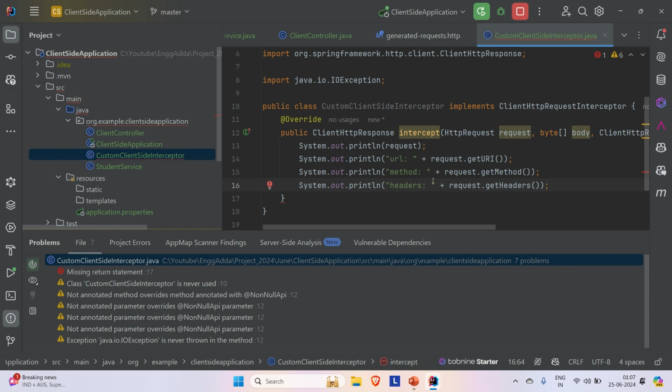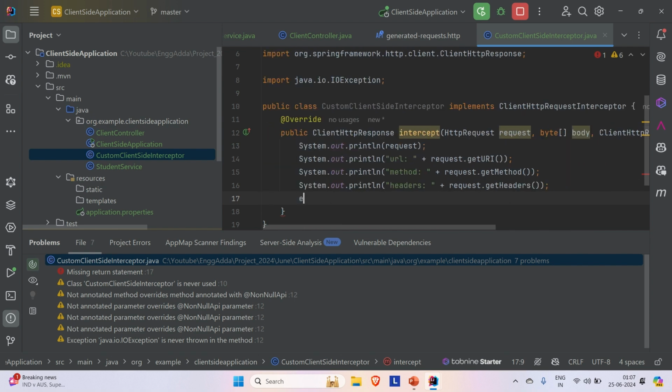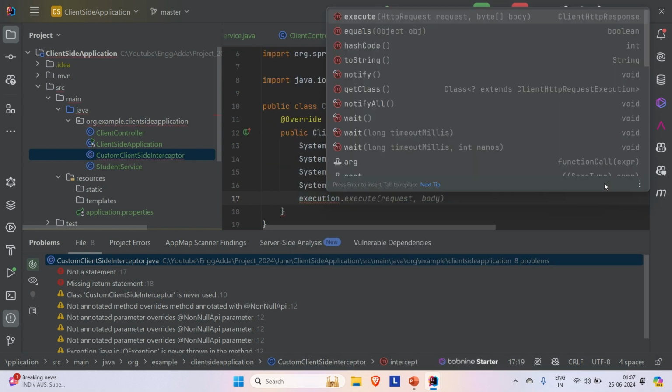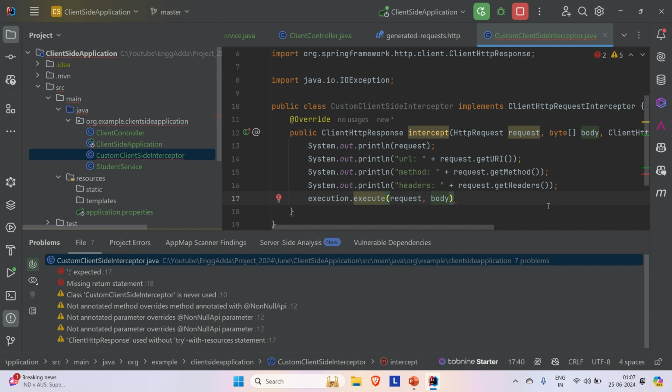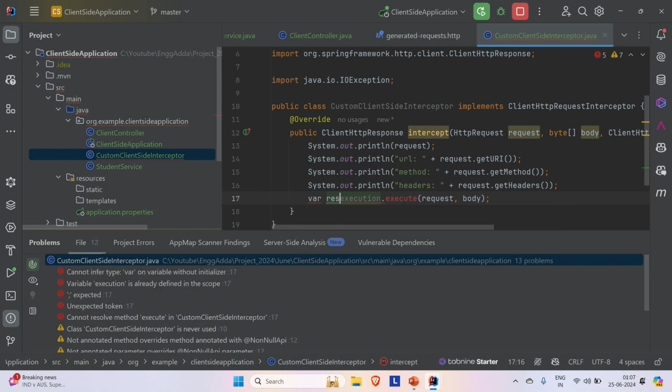Okay, and then what we are going to do is use this execution. So just execution dot execute, and then the request and body that we need to pass here, and we'll get the response when we call the request and pass the body in the execute method of the execution. So let me catch this in the response here,